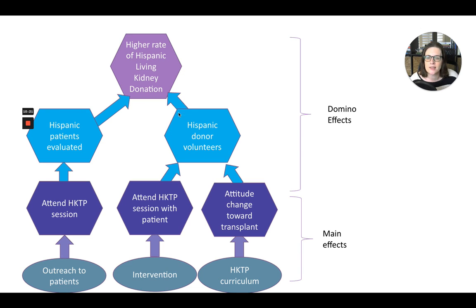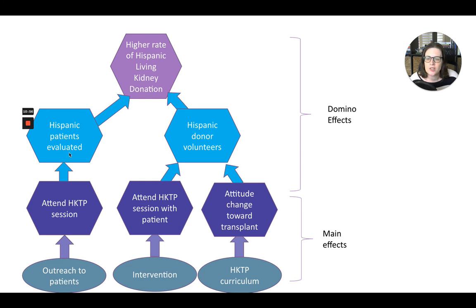Now, this process, this link between that willingness to donate and that willingness to become evaluated and that outcome, is not something that you can really intervene in, at least not readily. These processes are protected by a lot of regulation to ensure equity, to ensure that everybody's rights are protected. And so this is where you have to depend on domino effects. If you can just get more people in the system, your hope is that the domino effect will ultimately lead to this higher rate of living kidney donation.